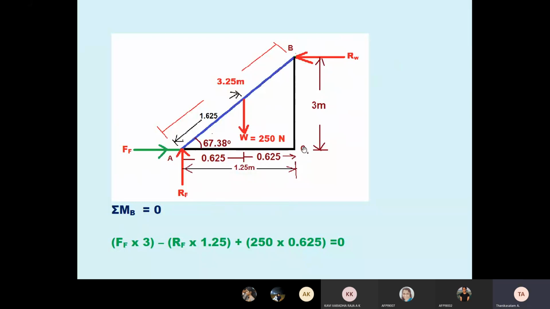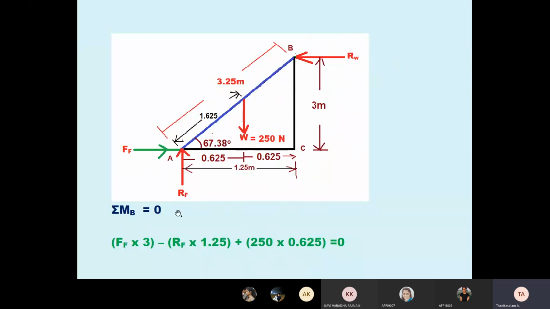This distance, the C2, the middle of the W. Students, C2 is the middle of the W. We are taking reference point B. So clockwise, anti-clockwise, no? So here 250 into 0.625 is anti-clockwise. Students, anti-clockwise. So anti-clockwise I take as minus. Here I have written wrongly positive. I will change it. 250 into 0.625 anti-clockwise with respect to B. Therefore minus 250 into 0.625. Then that one force is over.